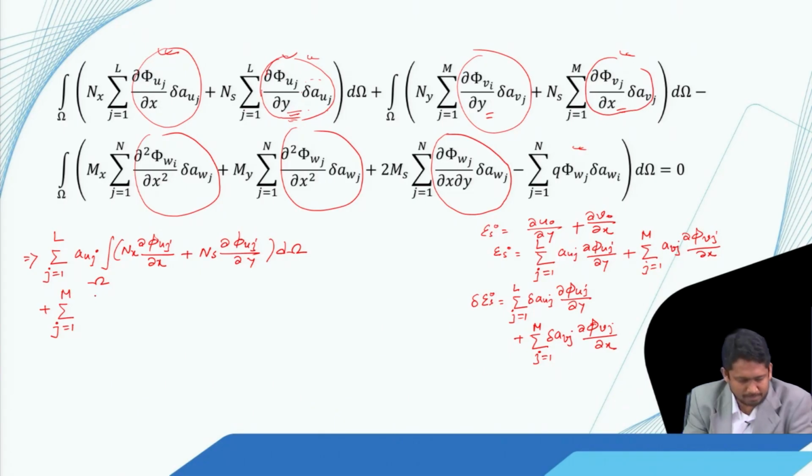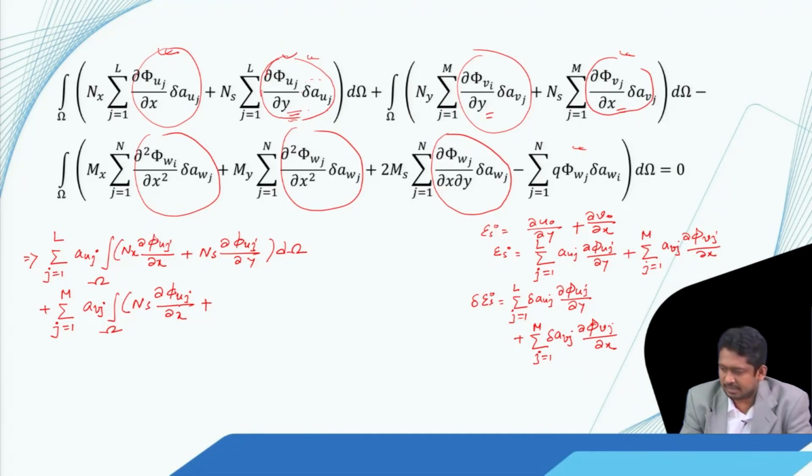the summation over j equal to 1 to m of delta a v j multiplied by n s into del phi v j by del x plus n y into del phi v j by del y d omega, and then we have